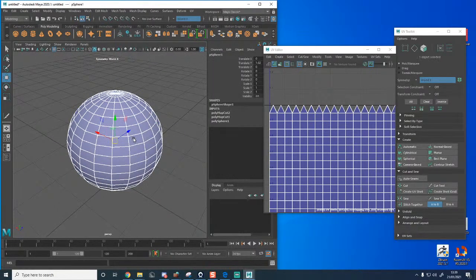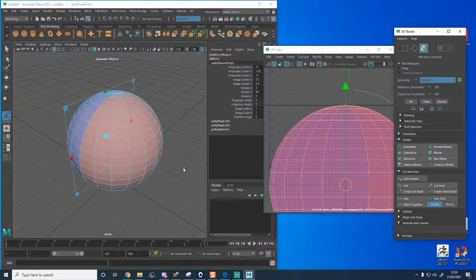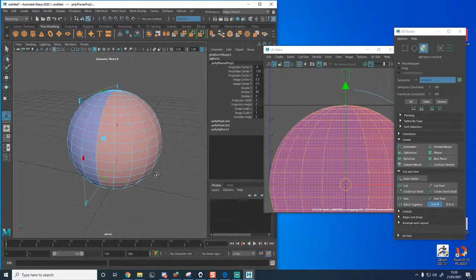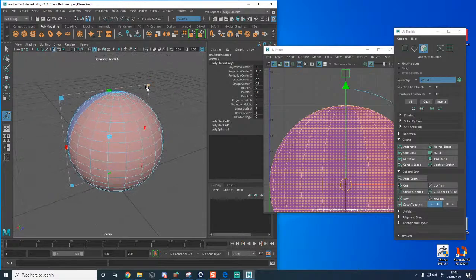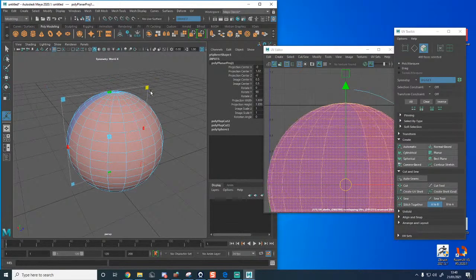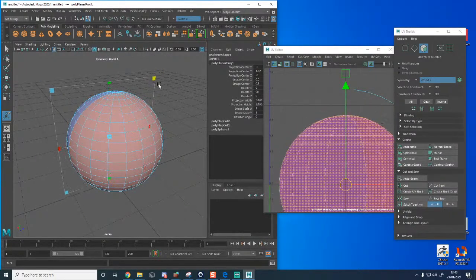I'm going to go back to object mode, and we'll give it a new projection. I'm going to say, give me just a quick planar projection. Here's what Maya does when it gives you a planar projection. It says, look, I'm just hitting it from one side, just flat. It's kind of like taking that Christmas wrapping paper metaphor and just pushing it onto the sphere. It hasn't got the whole sphere. But it also gives you this little gizmo that you can size to say exactly where you want to put that